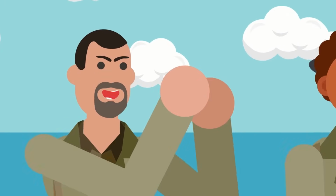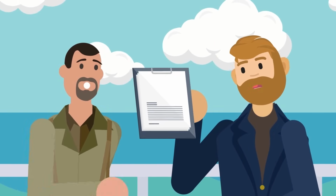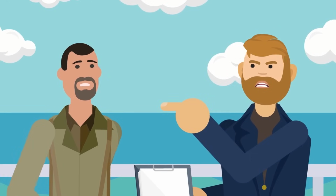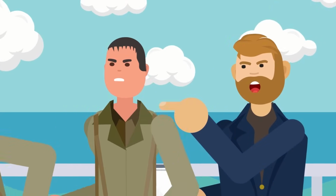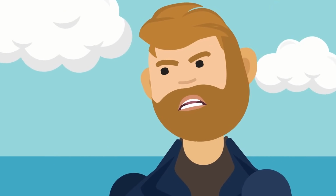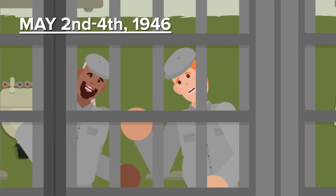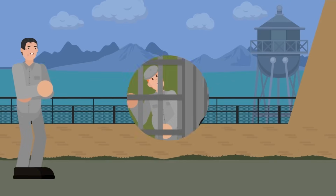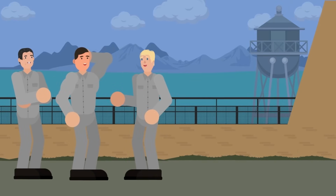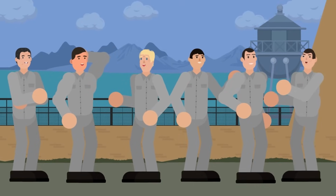The only problem? He probably wasn't the only person to think of that, and before departing, the ship's captain checked the passenger list and found they had 1 extra. Giles was discovered and sent right back into Alcatraz, making him the closest to an actual escapee so far. And things were about to hit a boiling point. May 2nd to the 4th, 1946. No one had been able to get off Alcatraz Island yet, but 6 hardened criminals weren't going to let that stop them. Bernard Coy, Joseph Kretzer, Sam Shockley, Clarence Carnes, Marvin Hubbard, and Miriam Thompson were all serving long sentences